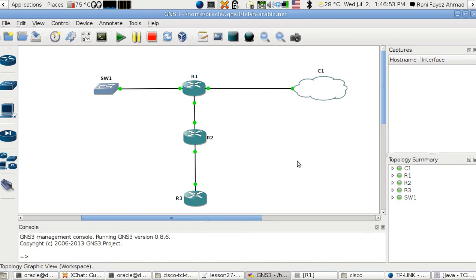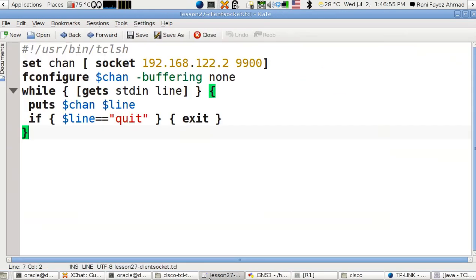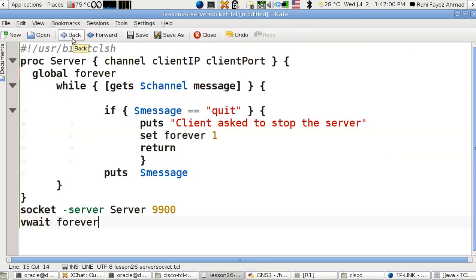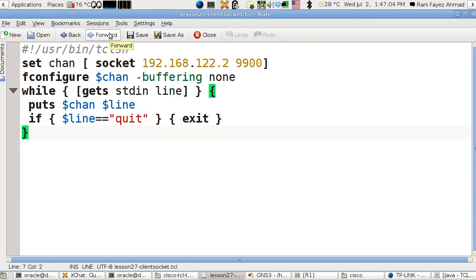Okay, so here's the client code, and this is the server code. This is lesson 27, and this is 26, and here's 27. Okay, now